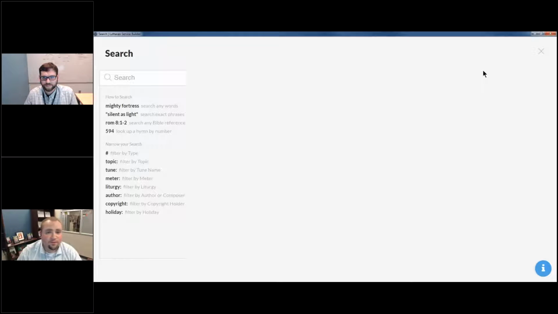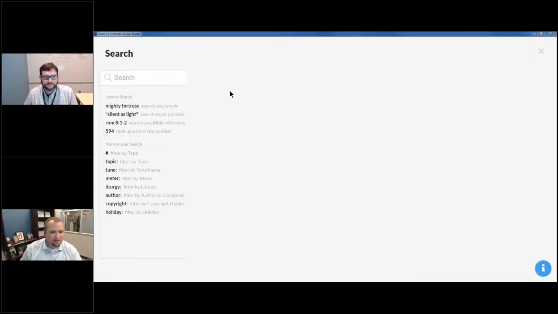Now, this gives a full screen experience, whereas if you're planning a service, you'll get the sidebar that pops out and you can make that larger. But this makes it a little bit easier for today. It's the same functionality within the search. We've got a little bit more with exporting that we can do from this global search here. And this is where we'll start. So let's start off by talking about a few of the